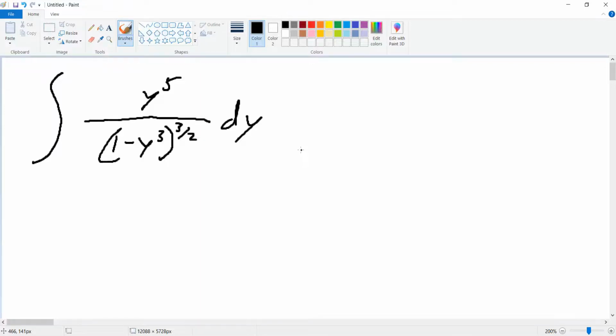So the problem is to find the integral between all this jazz right here. I originally spent like 50 minutes on this problem because I was confused on how to get rid of the top if u is going to be this. We can't really have this at the bottom because there's no way to get a 1 out of that. So the u for the substitution would be